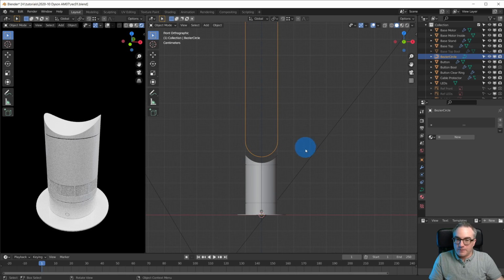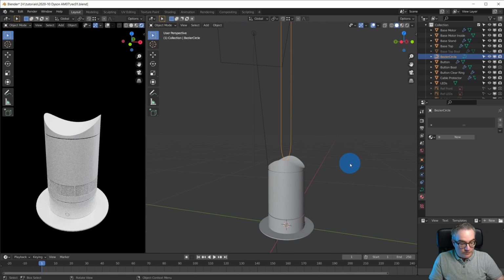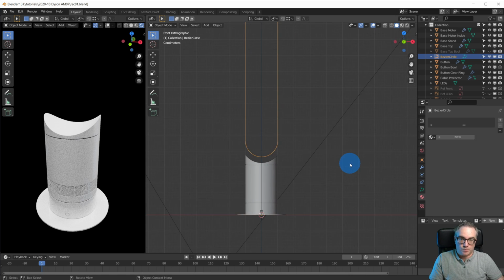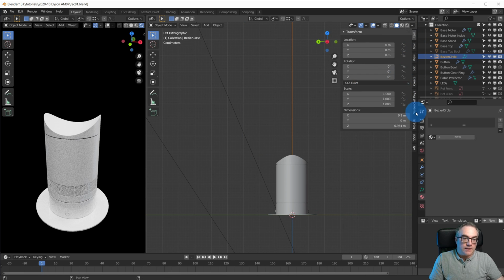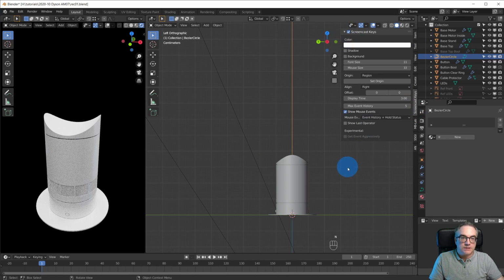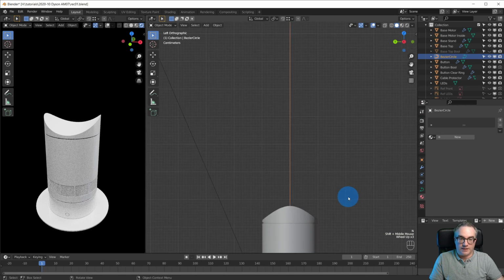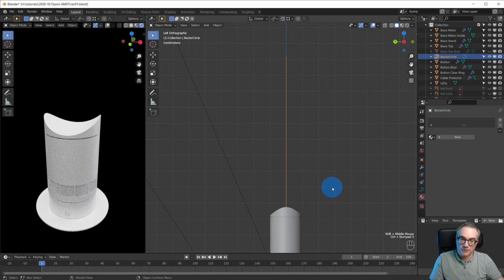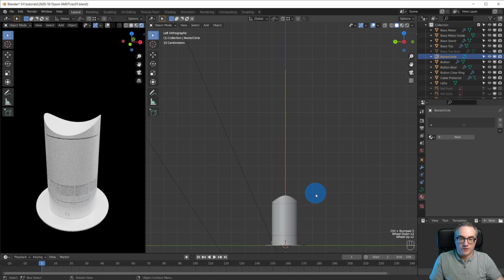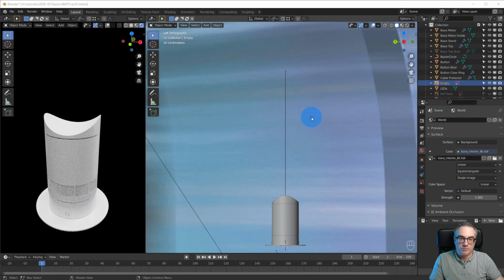So let's do that from the side view probably. So Control C. Damn it, I have my screencast keys off again because I switched files. Okay, so Control 3 on the numpad gives us the side view from the left side. Why am I taking the left side? Because I have a reference image that I'm gonna pull in here now